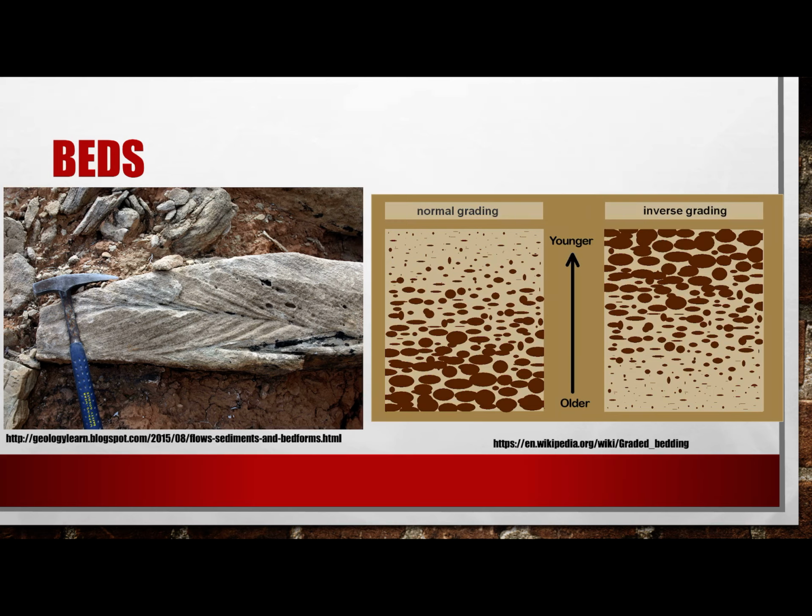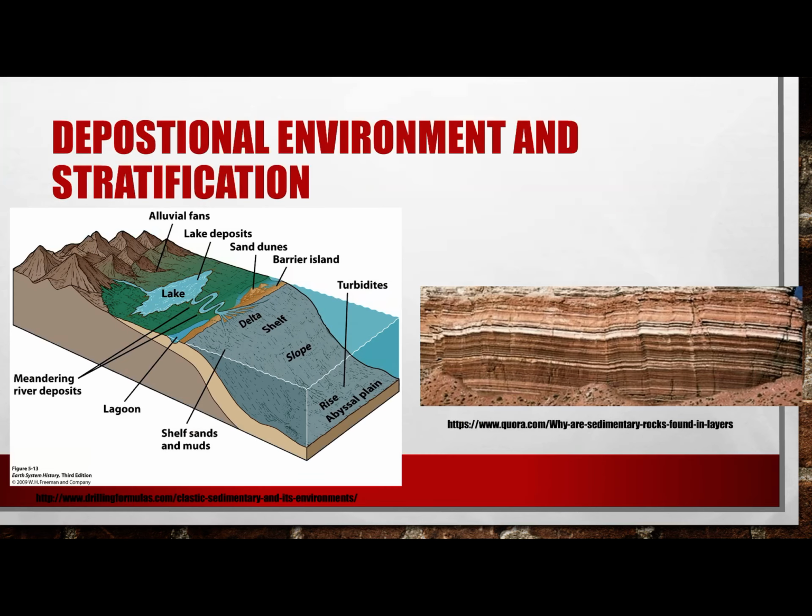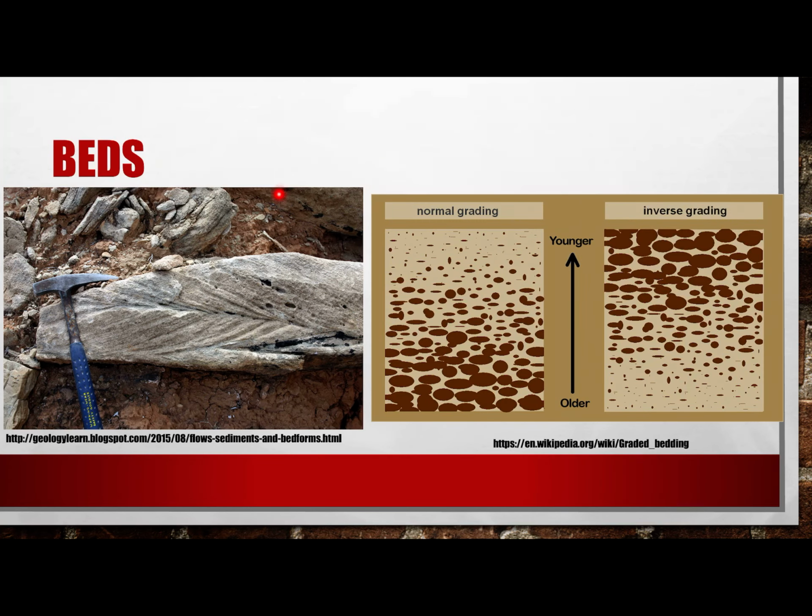Some of these are crossbed, so here we see the structures, generally lines built up here or here. A good example here, this is called crossbedding, usually forms long dunes. So if you can imagine the dune that used to have the general shape here, had layers built up. Well, they got preserved. You can see grading in these. So large chunks down at the bottom, up to smaller at the top. You can also see inverse grading. So this is when it gets reversed, usually during a mud flow.